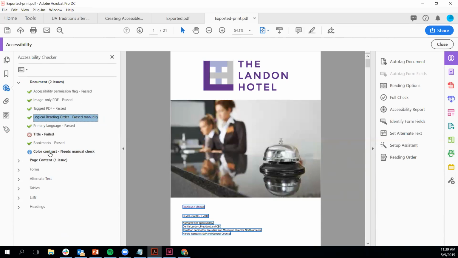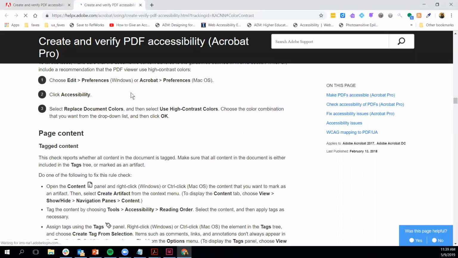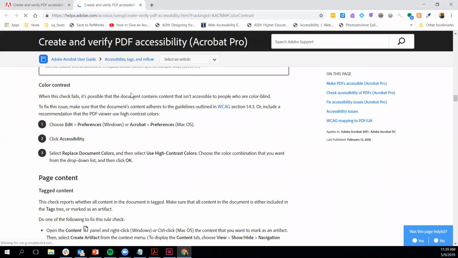Right-clicking on another error, color contrast, I'm going to choose explain. And again, that will take me directly to the relevant help documentation. When this check fails, it's possible that the document contains content that isn't accessible to people who are colorblind. To fix this issue, make sure that the document's content adheres to the guidelines outlined in the Web Content Accessibility Guidelines, or WCAG. And we've got some continued guidance there. Color contrast